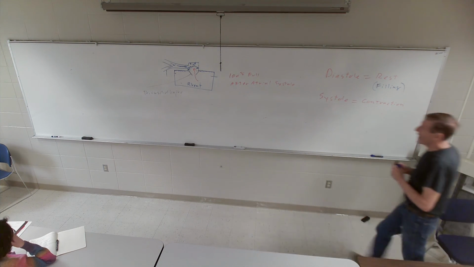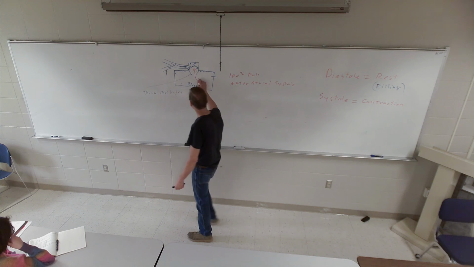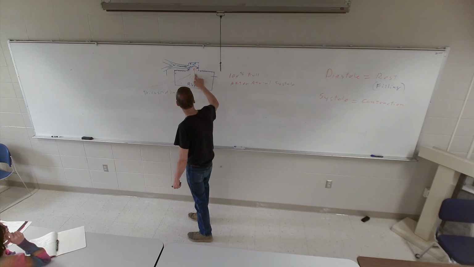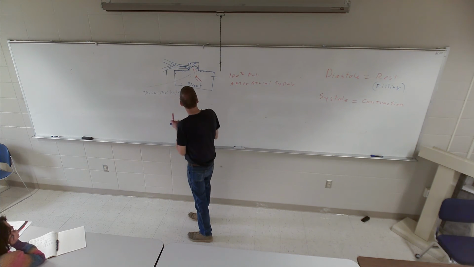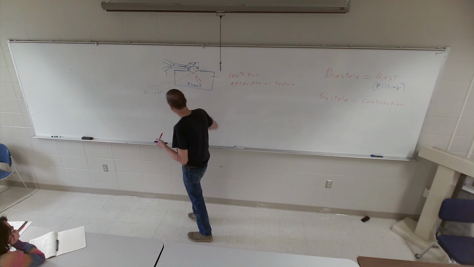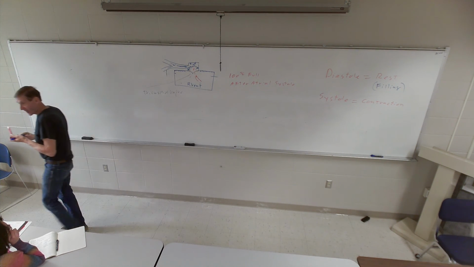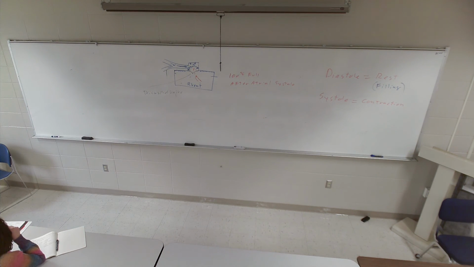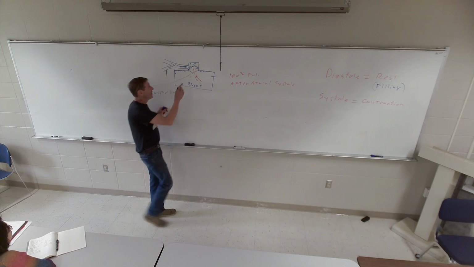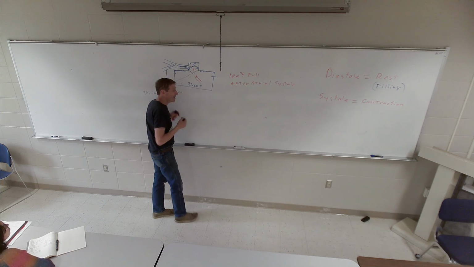So when the ventricles contract, the blood will try and go this direction, but it will grab the cusps of those valves and it will slam them shut. That is the first heart sound you hear. Like I mentioned in lab, blood flows through your heart in streamlines and laminar flow. It doesn't make much noise, so you can't hear it when you stick your ear in someone's chest. But when those valves slam shut, they vibrate the tissue, you can hear them. So that sound they describe as lub dub or pump pump. That first one, that lub, is the AV valve slammed shut. You can hear it when it vibrates the tissue. So this tricuspid valve shuts, the ventricles continue to contract,